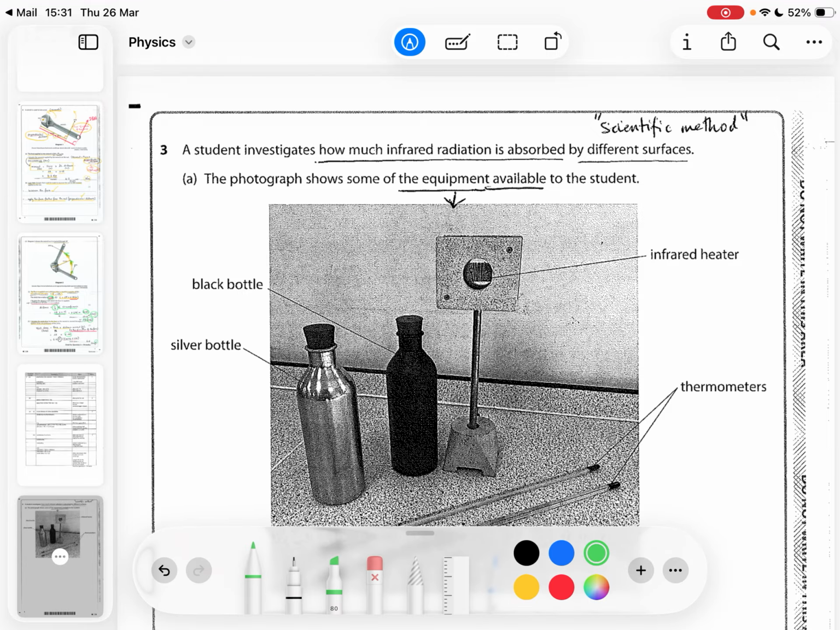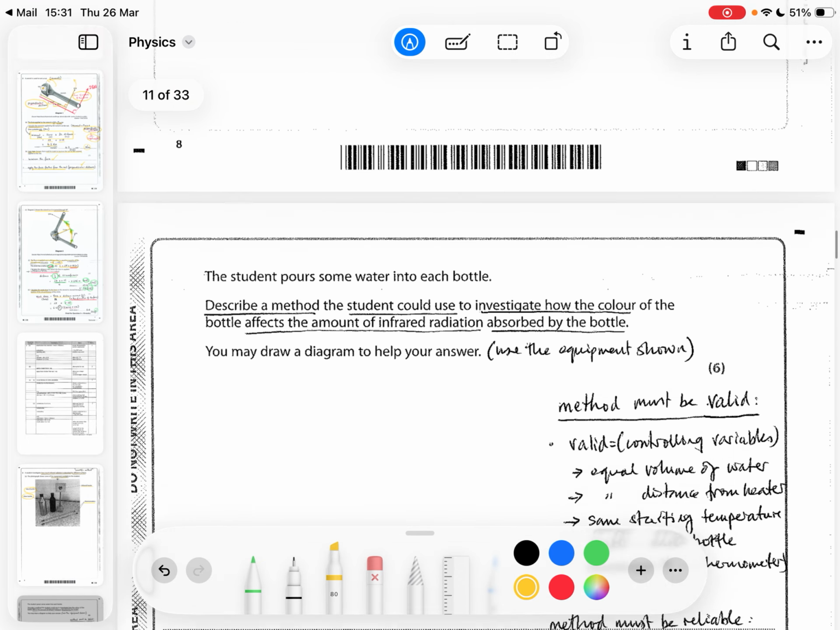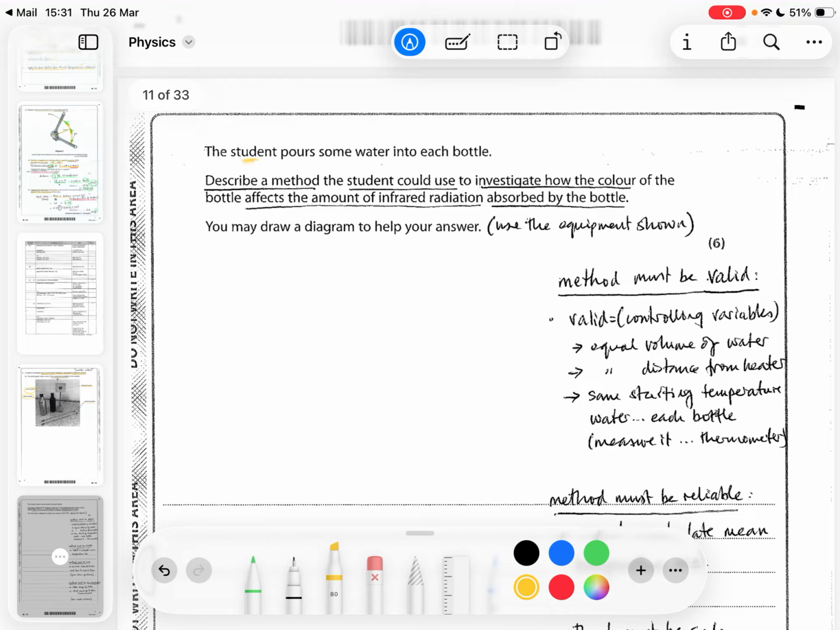So when you're investigating something, you have to be scientific. So the student investigates how much infrared radiation is absorbed by different surfaces. The photograph shows some of the equipment available. So they've got a dull black bottle and a shiny silver bottle, the same size, to make it fair, an infrared heater, and 2 thermometers which look like they're identical. So that's the equipment. The student pours some water into each bottle, hopefully at the same temperature, to make it fair,